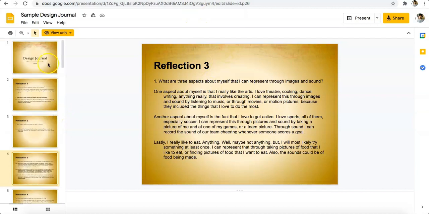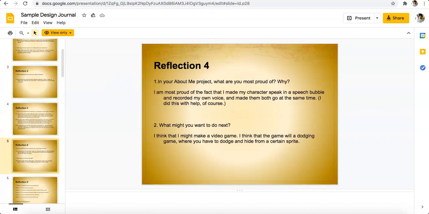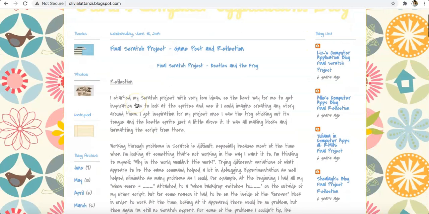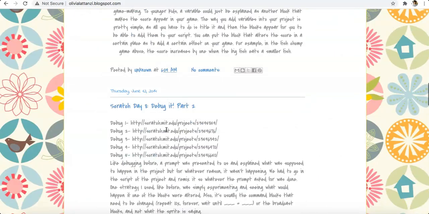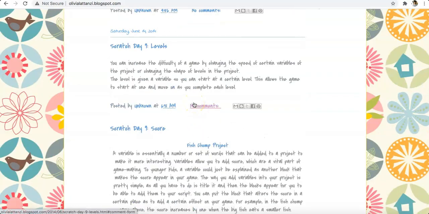And you can also create your design journal in the form of PowerPoint presentations. Then you can also create a blog. A student has created a blog, and you can write your complete reflections in terms of learning here, and maintain, like, day 8 what you did, how you debugged it, or whatever. You can just maintain all these things in the form of a design journal. So I would request you to find a particular thing, physical or digital. You decide and create your own design journal.